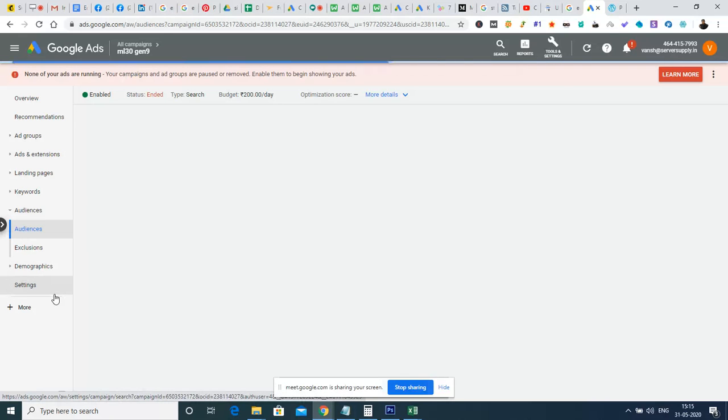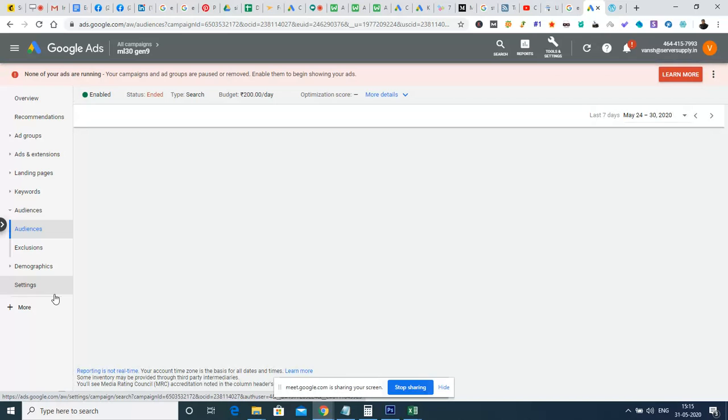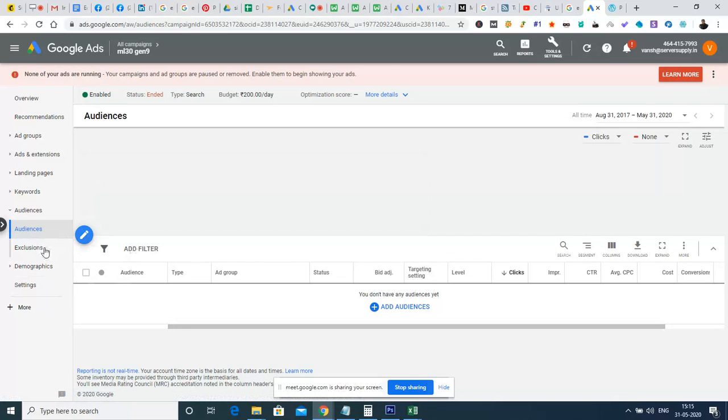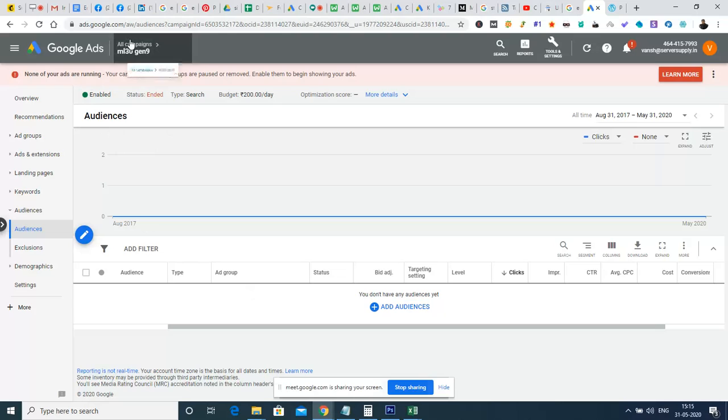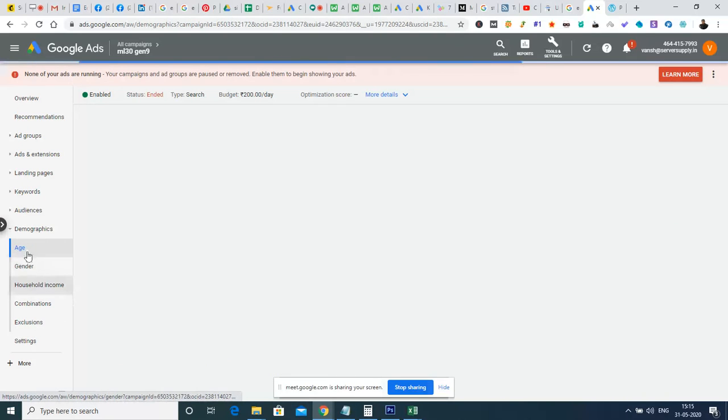Then we have the audience. The audience segment is used once we are going to use display advertisements. We can have some audience targeting, and we can create a separate audience in the audience mapping, and we will see all those details. If we are planning for a Google display advertisement, we will see that later. Right now, for search advertisement, we will see what things are essential. So age and so on, everything is for display advertisement.